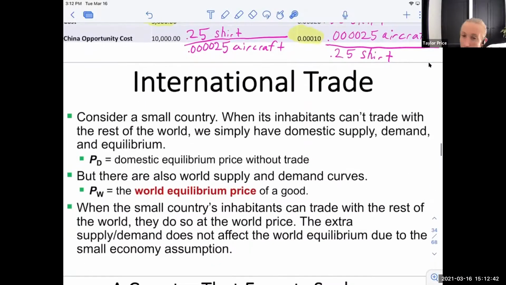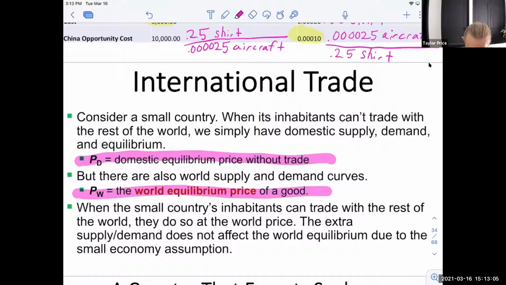So now that we understand opportunity costs and comparative and absolute advantage, now we can actually start talking about international trade. I know it was a really big buildup, but now we're actually talking about international trade. When we're talking about international trade, the most important piece of this slide that I want you to remember is